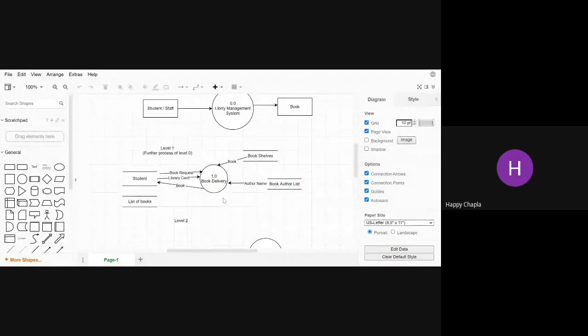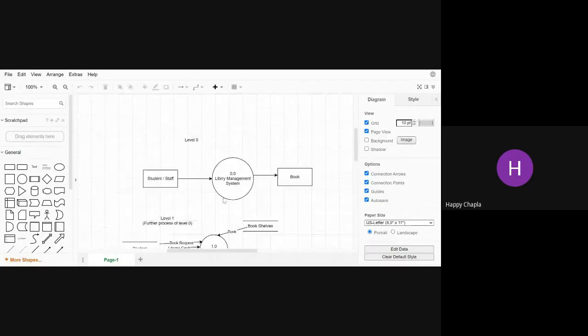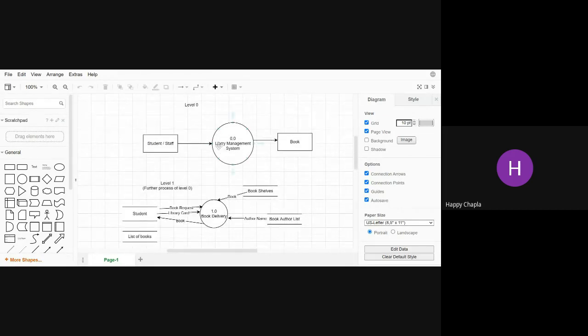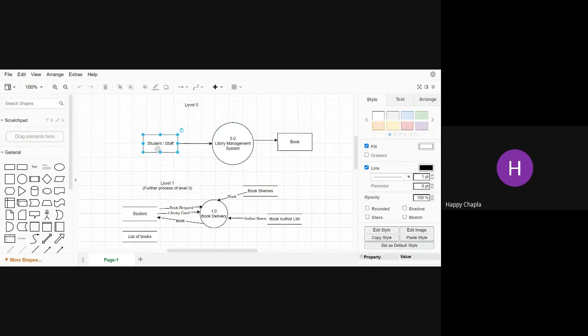See, I created a kind of library management system in the last lab. Okay, so what I did, library management system 0.0. Okay, so this is student and staff, it might be book.